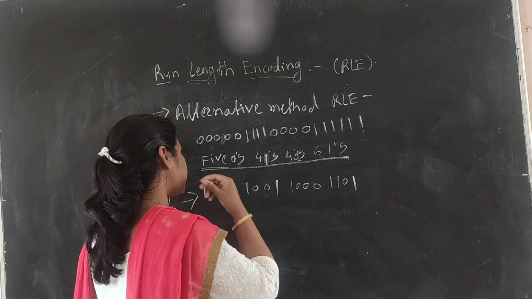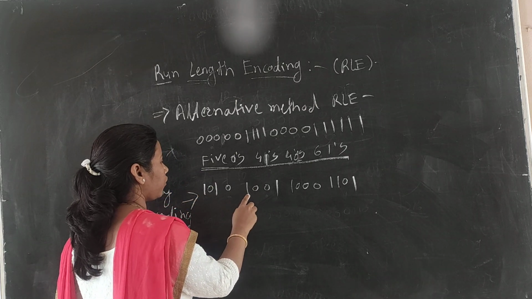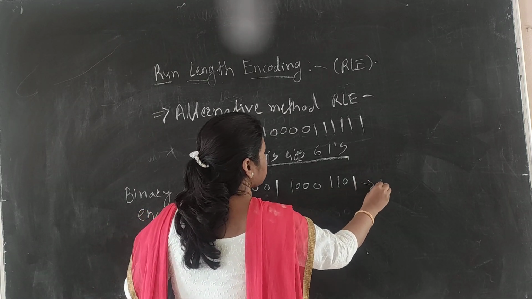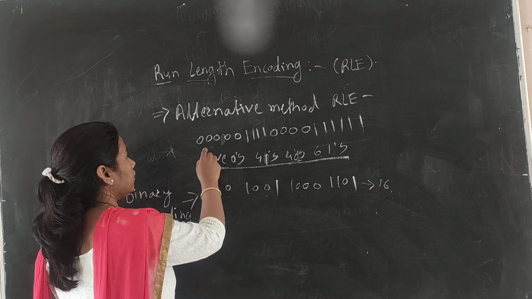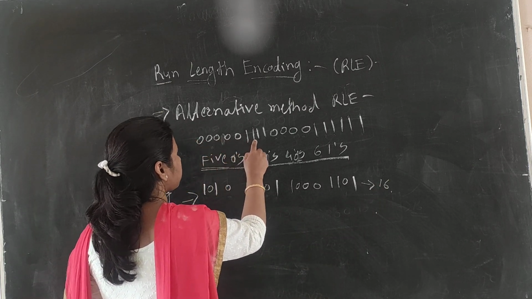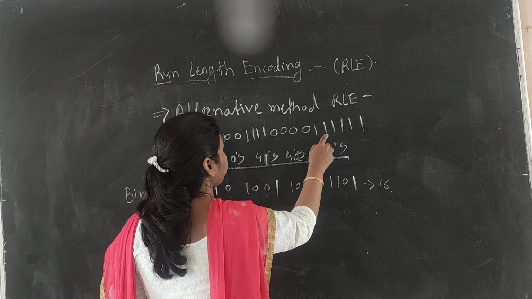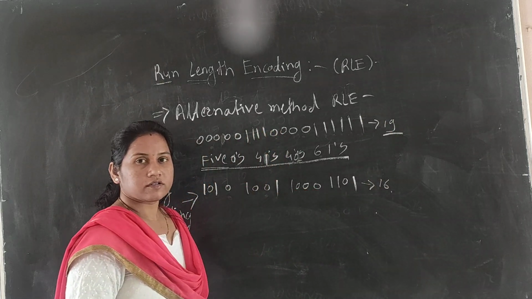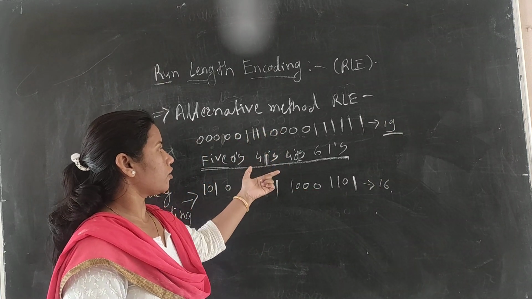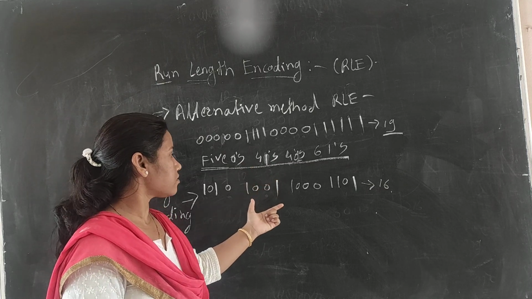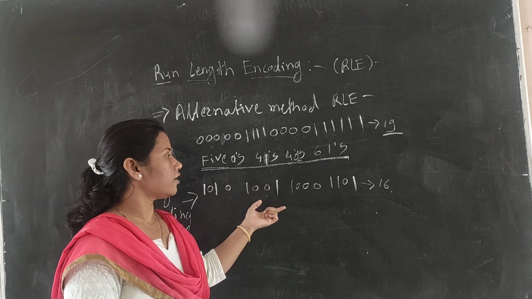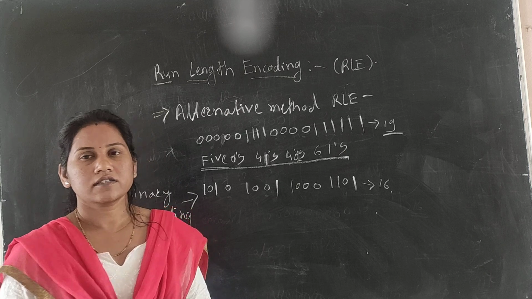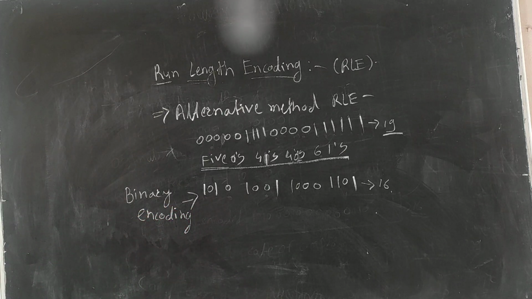Now how many symbols do we require here? 1, 2, 3, up to 16. So 16 symbols are there, whereas the original symbols are 19. We can encode this into binary and compress it using run length encoding, so instead of 19 we require only 16 symbols, and this is the run length encoding.